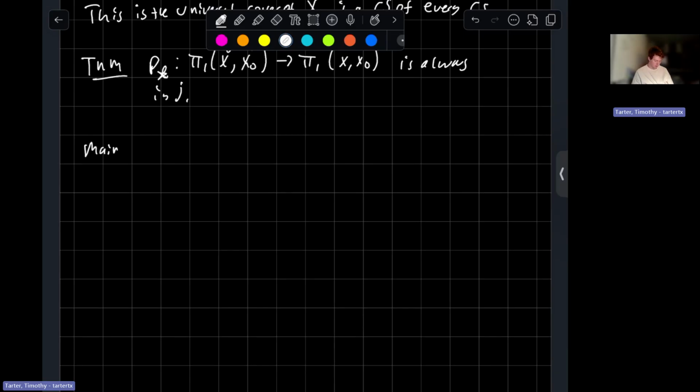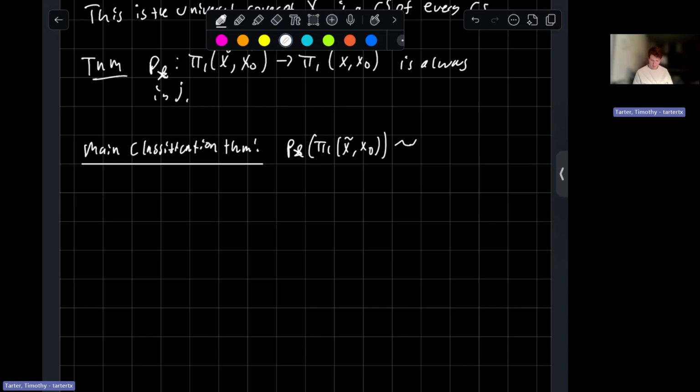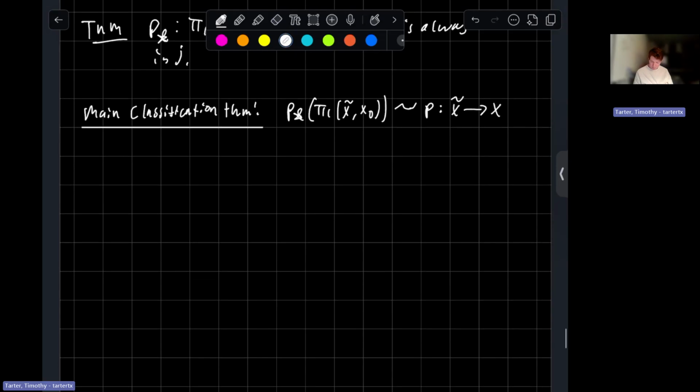And then the main classification theorem for covering spaces says that by associating the subgroup p star of pi 1 of x tilde, x naught to the covering space, it admits a one-to-one correspondence between all different connected covering spaces of X